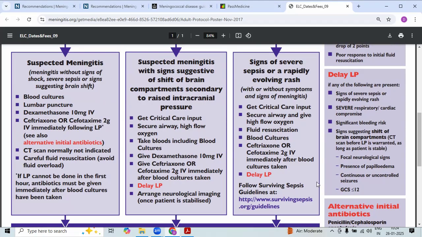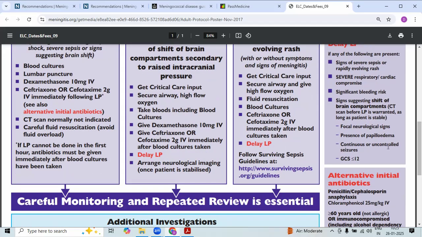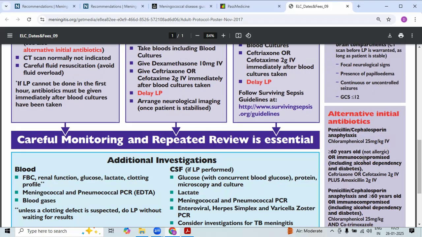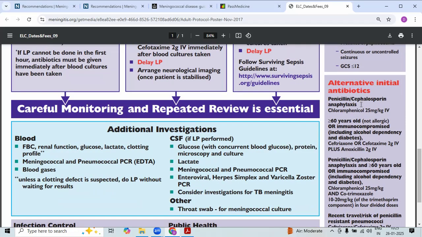So when we talk about delay in the lumbar puncture, if any of the following are present: signs of severe sepsis, severe respiratory or cardiac compromise, significant bleeding risk, a shift of brain compartments like focal neurological deficits or papilledema, continuous uncontrolled seizures, or the GCS is less than 12, delay the lumbar puncture. Alternative initial antibiotics: you start with penicillin or cephalosporin; if anaphylaxis is present, then you can give chloramphenicol 25